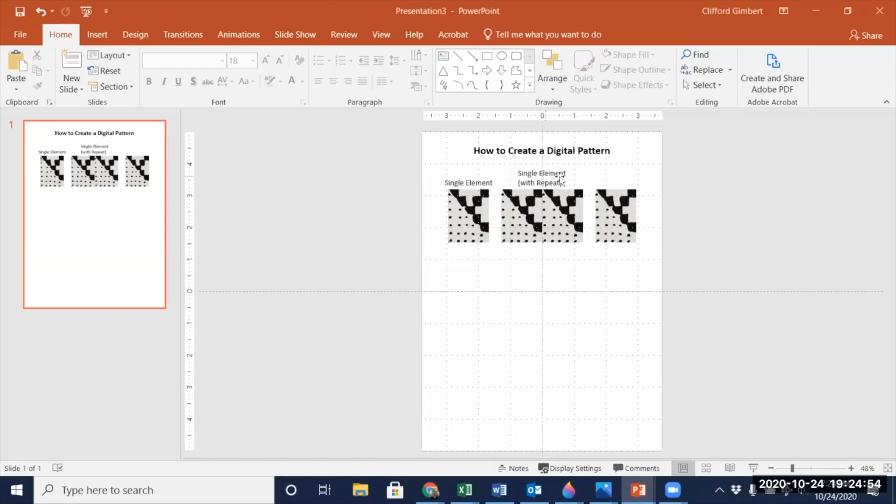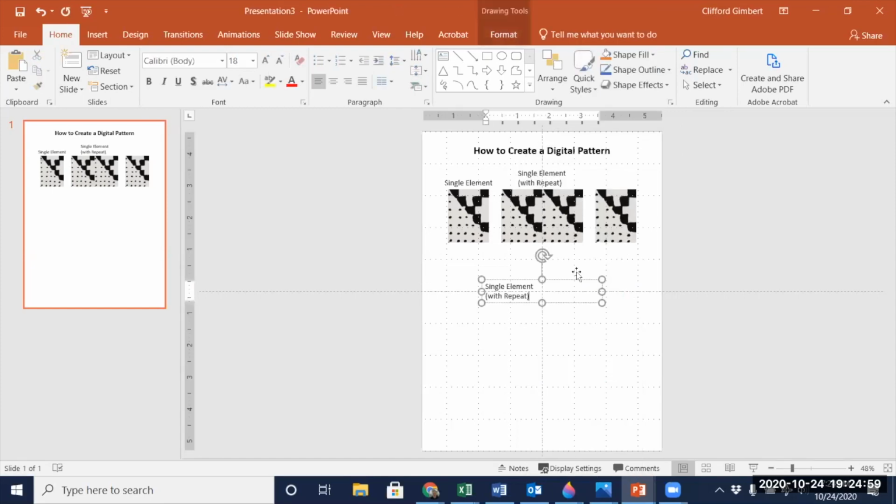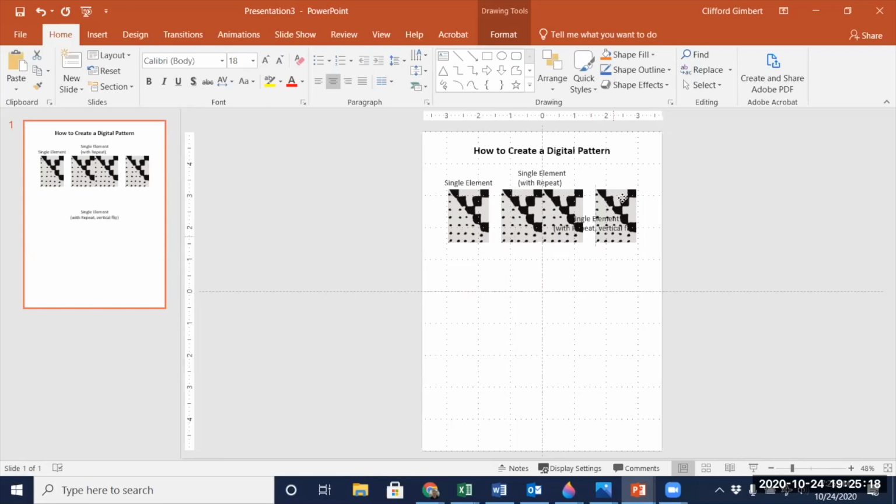All right, so now we're looking over here, and I'm going to copy this again. Copy, paste. But this one is going to be a single element with repeat, vertical flip. Oops, there we go. And again, I want everything centered. I'll bring this up over here. I'll take this, copy, paste, bring it down,